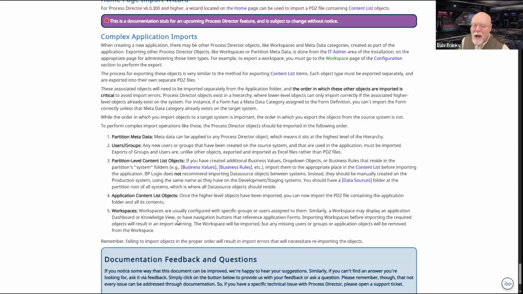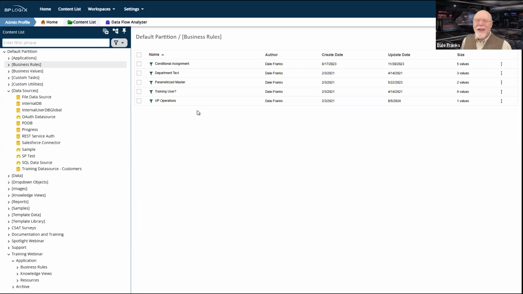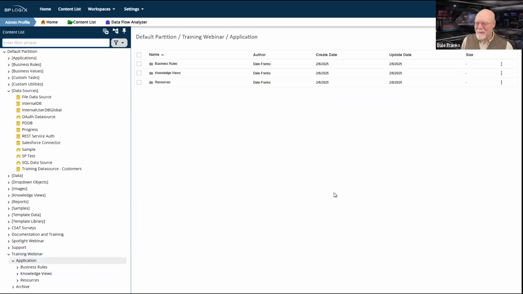It's already complex enough without having to make it more complex by having your application objects like forms and process timelines spread across multiple folders. But that's a lot of folder talk, and we haven't actually done anything beyond that. So since it doesn't appear there are any more folder questions, let's move on.